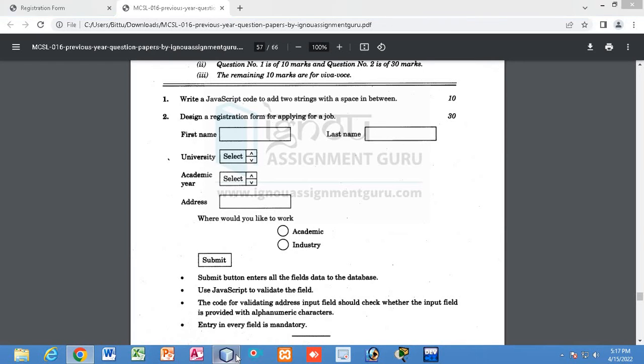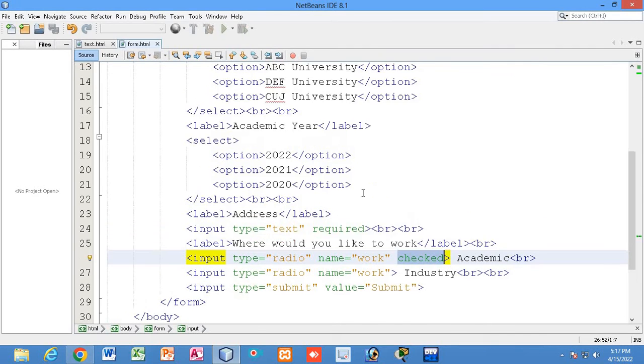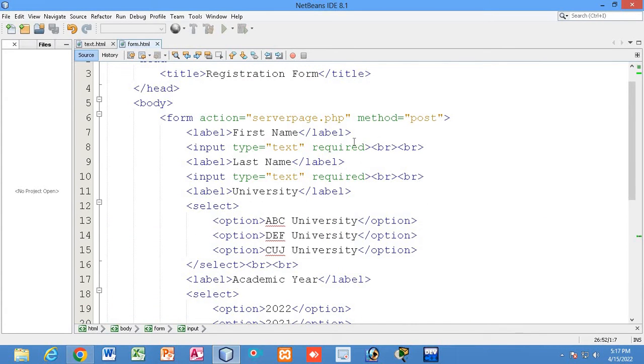So we have used the HTML validation. This required is called HTML validation. Okay, so you can also use JavaScript validation instead of this HTML validation. I will show you how you can do that. So to do that, we have to write